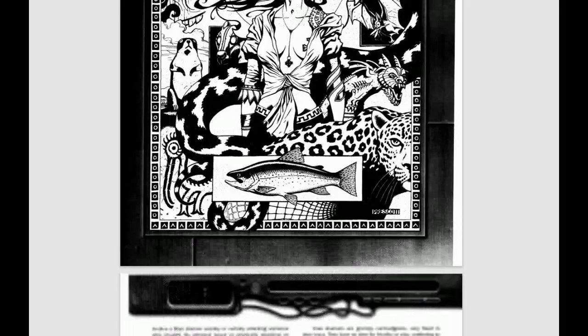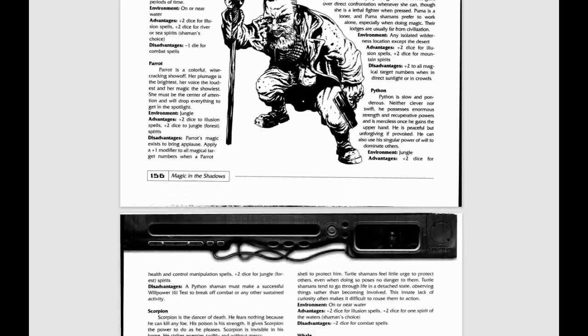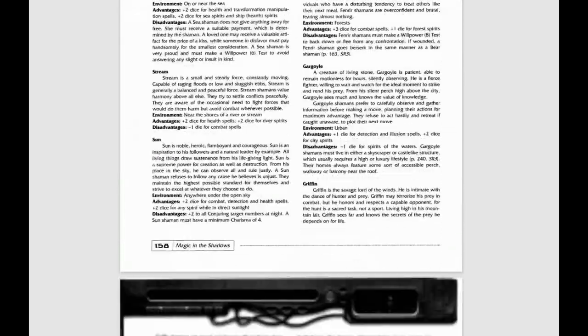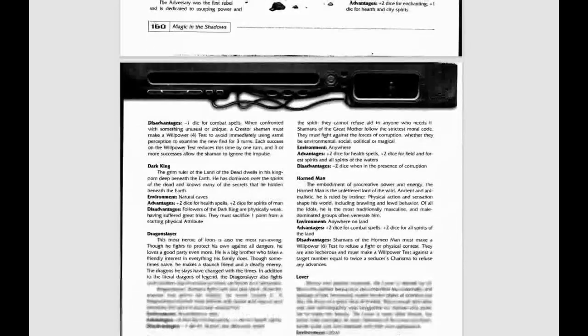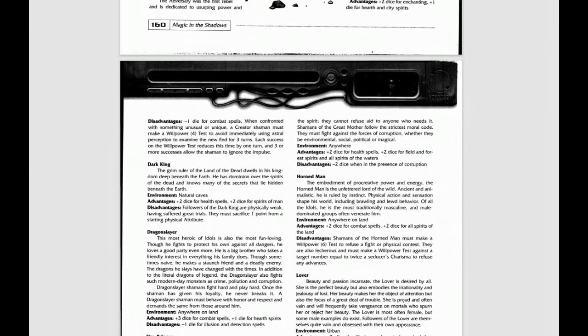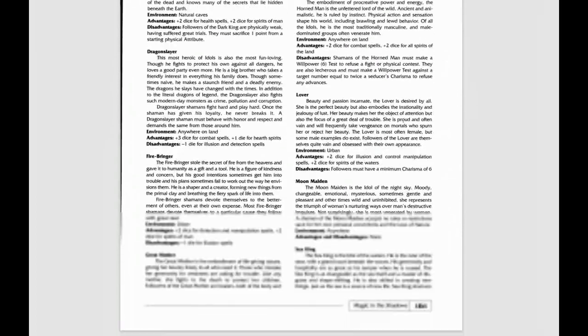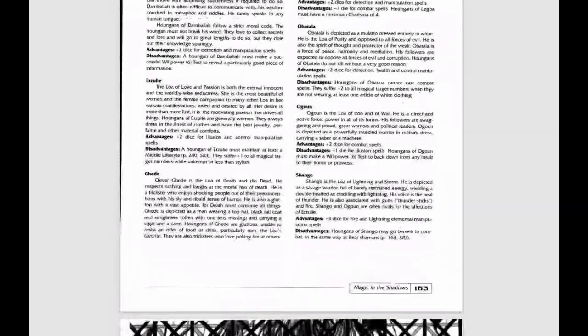You've got the totems for the different shamans in here, some new ones and some old ones. Again, a lot of this is pulling together stuff from previous books and supplements, all into 3rd edition, into one specific location. But again, it's great to have.